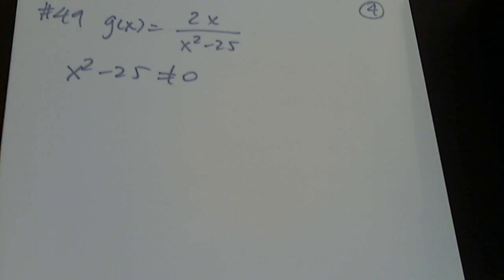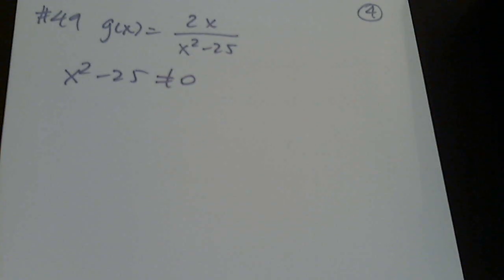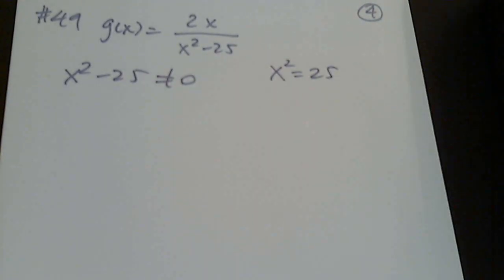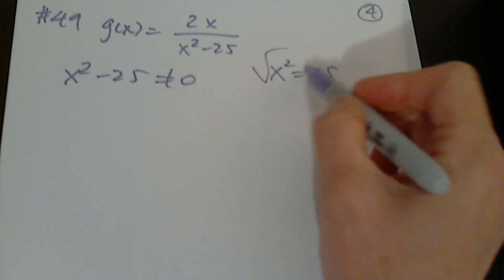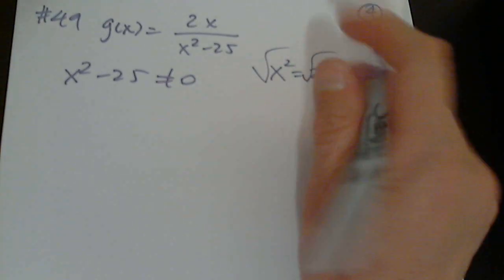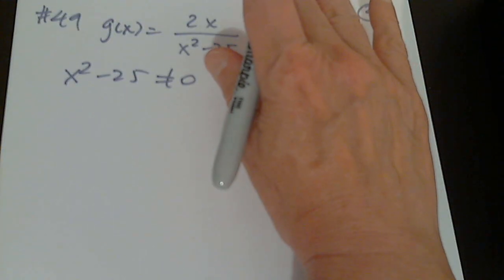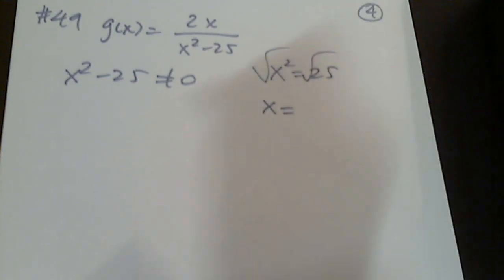You move over the 25 by adding 25 to both sides. Correct, that's one way. And then? And then you square root both sides to get rid of the exponent. Excellent. How many solutions do we get before you say anything? How many solutions? 2. Exactly. I didn't want plus or